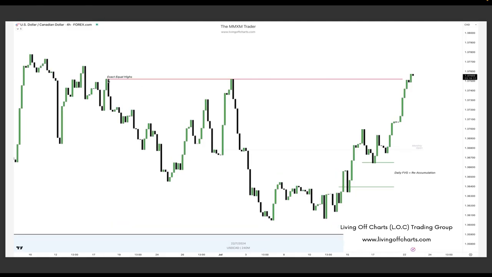Over here, we have exact equal highs. That's this here and this here. Without the wicks, they're exact. This makes it very, very significant for the algorithm to seek liquidity above these highs. Now, when we're trading and looking for draws on liquidity and we already have our bias to trade higher, we can take out the wicks of the candles to look for a very obvious magnet in price,